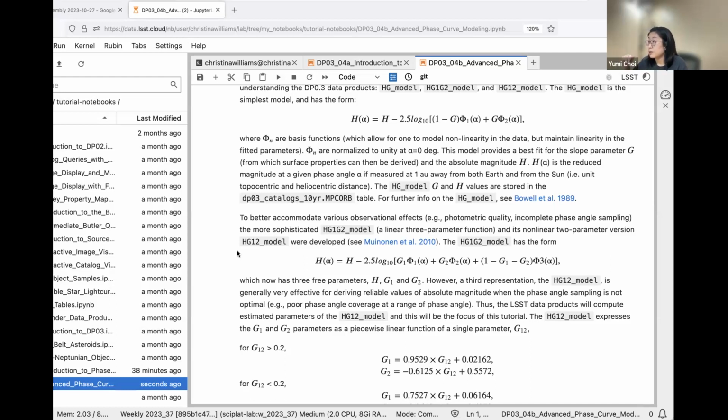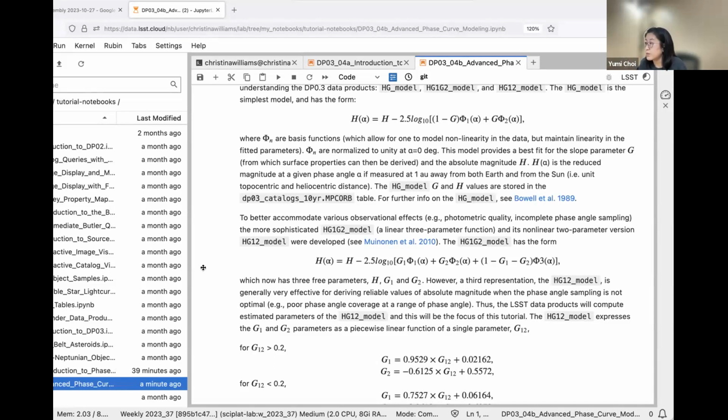But the HG1-2 model is effective enough for deriving reliable absolute magnitude and slope parameters for poorly sampled phase angle data sets. So this is the reason behind why we explore these three particular functional forms for the phase curve notebooks.